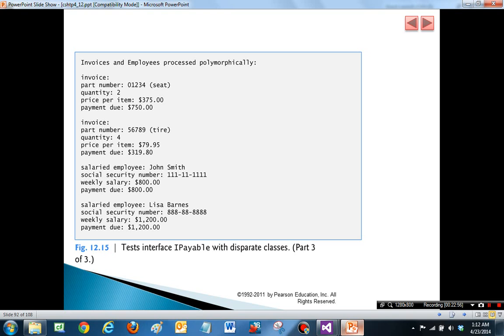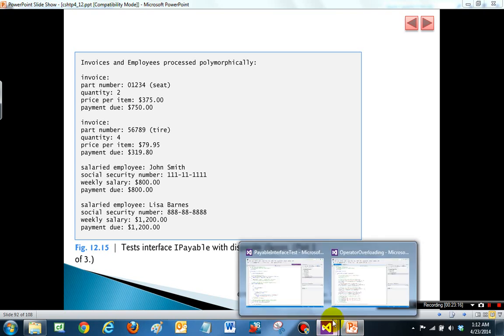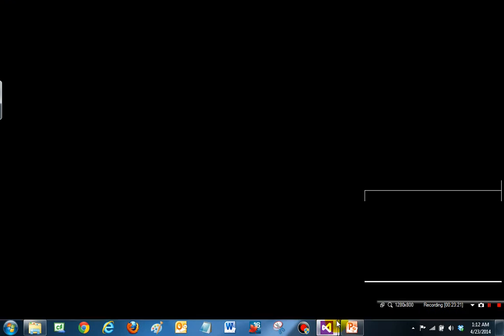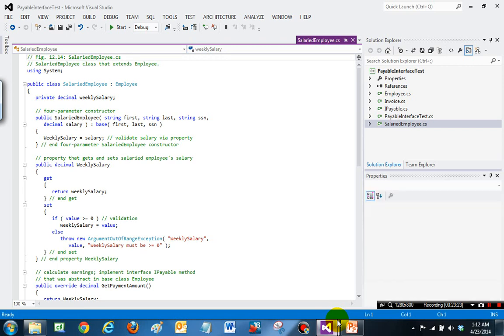Invoices: 2 invoices, 1 for 2 seats, where the payment due is 2 times the item price, and 1 for 4 tires, where the payment due is 4 times the item price, and then the 2 employees with their weekly payments. So if you look at this program running,